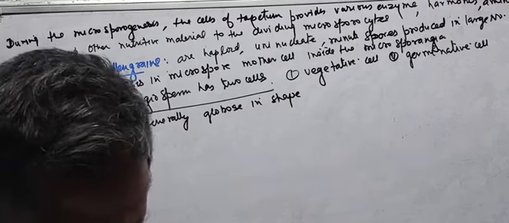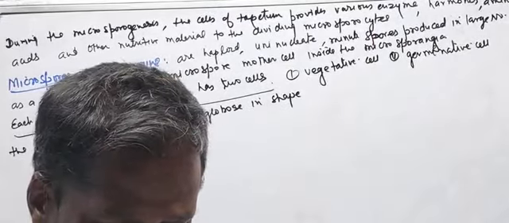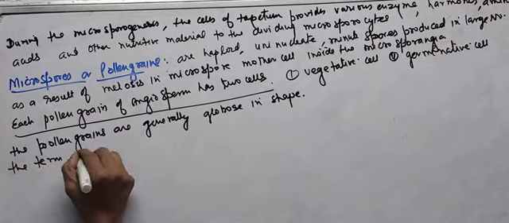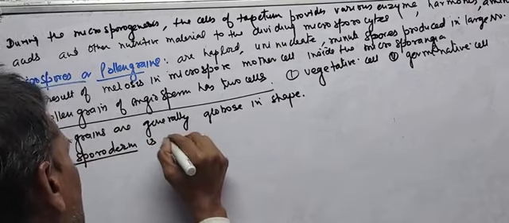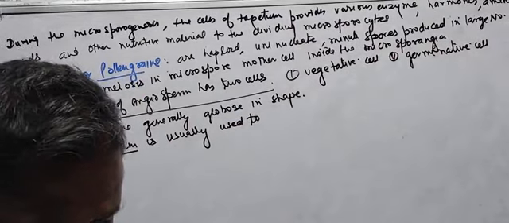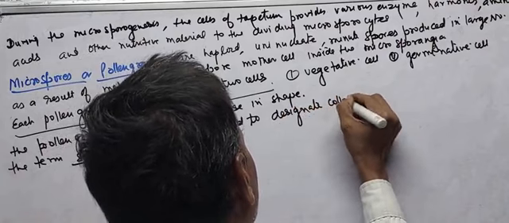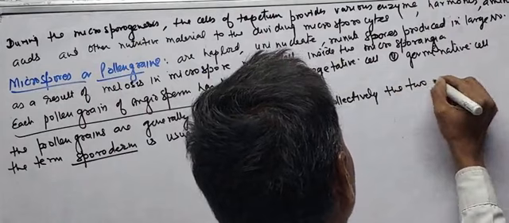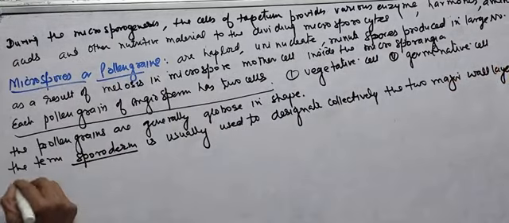though several others are also found oval. The term sporoderm is usually used to designate collectively the two major wall layers. The first is exine,